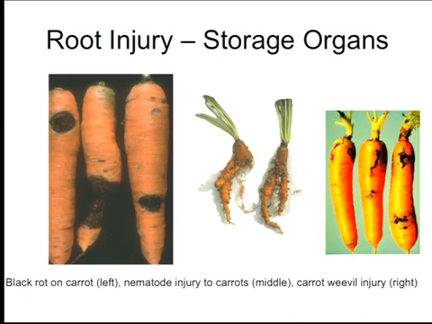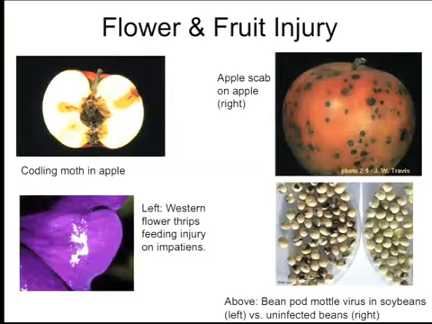Well, here in carrots, there are different organisms. For example, here you can see weevils. These are beetles that are attacking the plant. Here you can see nematodes. Nematodes are tiny, microscopic worms that actually attack the roots. And then you have on the left rotting by a pathogen. So again, three different organisms attacking the same crop. It could be a bacteria, or it could be a fungi. I don't know. Next.